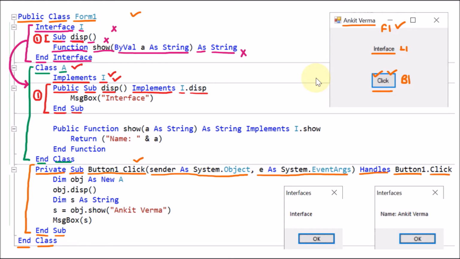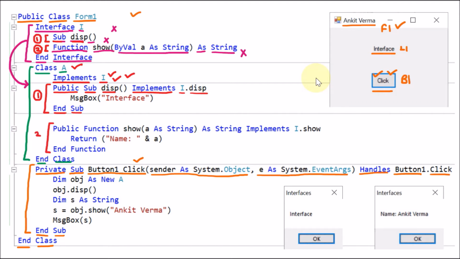Now afterward we know that again there is one more function available inside the interface whose only prototype or signature is present. And as we are implementing this interface into the class A, that's why we have to redefine this function and provide its implementation.